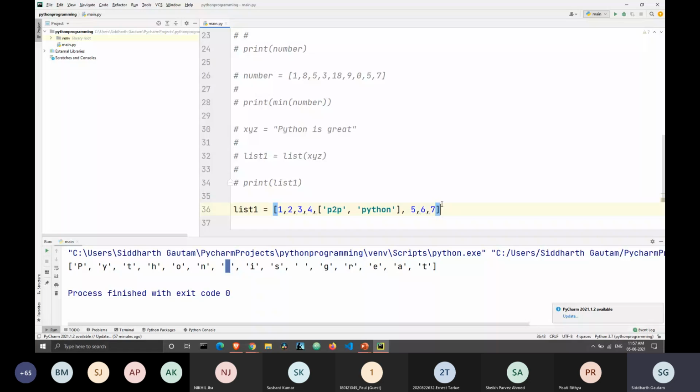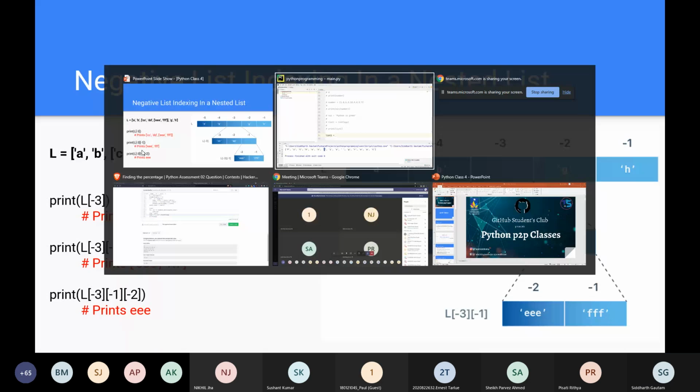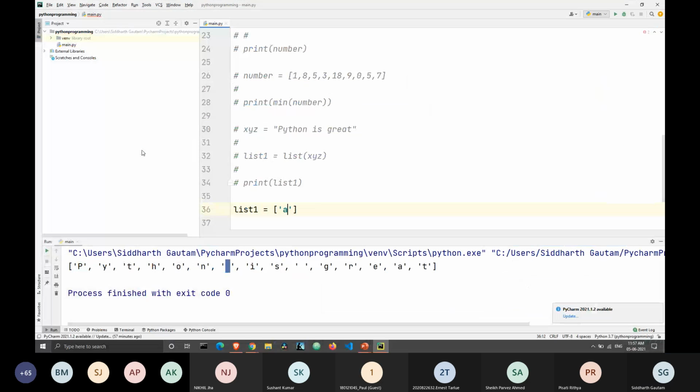So let me just erase this, and we will take this example as our list. The list which is A, and we have B as the second element, right?